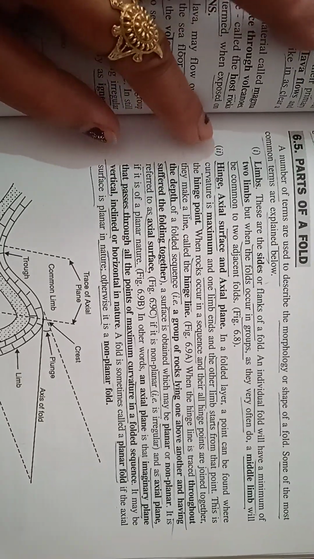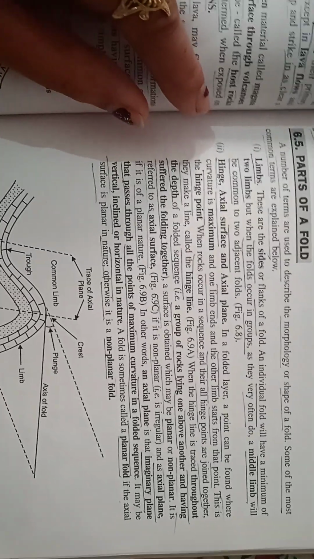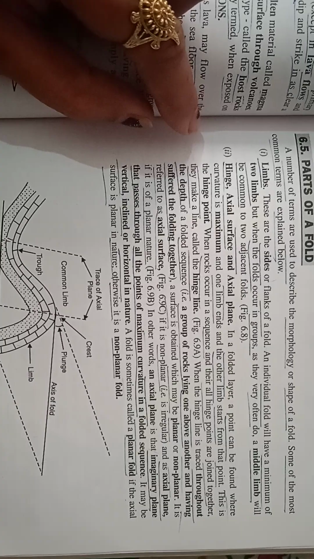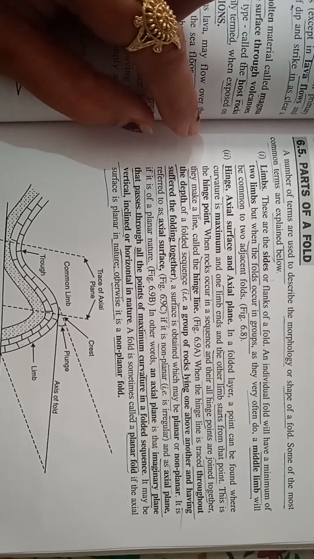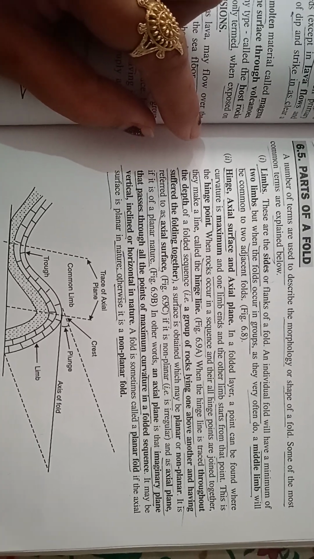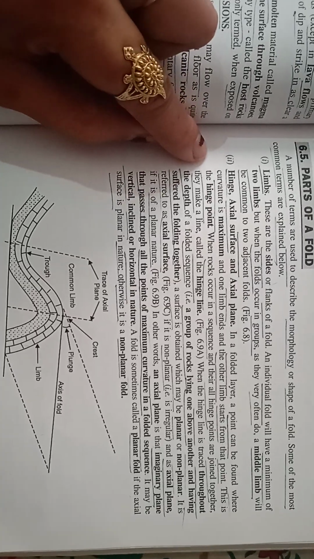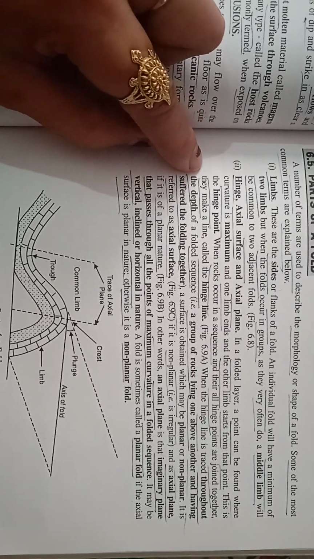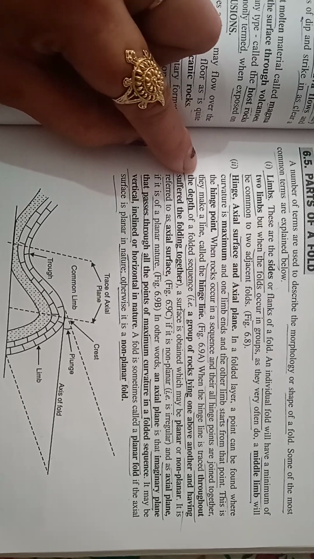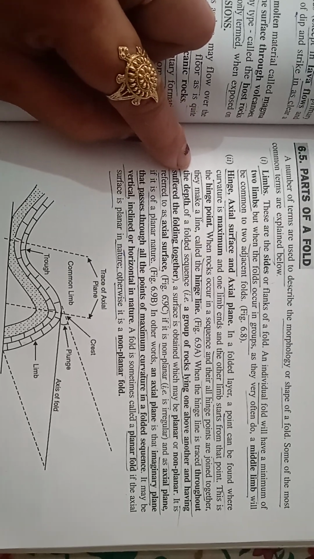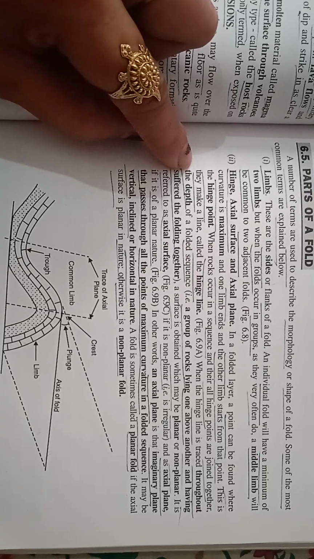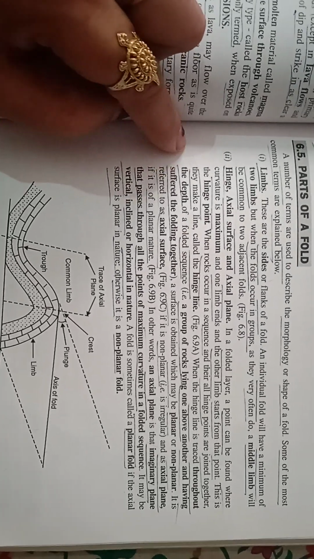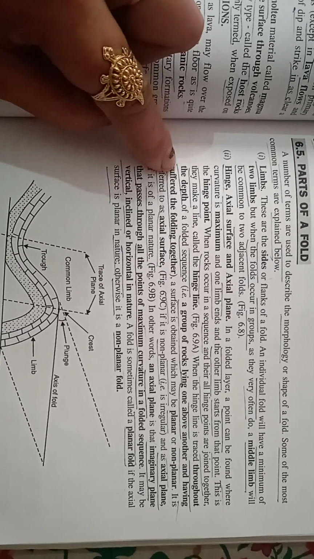Hinge, axial surface, and axial plane. In a folded layer, a point can be found where curvature is maximum and where one limb ends and the other limb starts. This is the hinge point. When rocks occur in a sequence and all these hinge points are joined together, they make a line called the hinge line. When the hinge line is traced throughout the depth of a fold sequence,